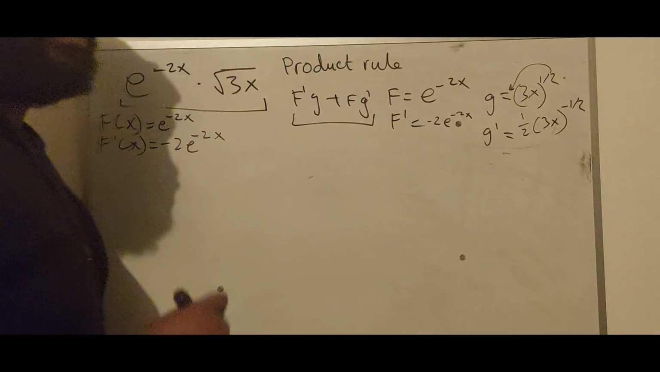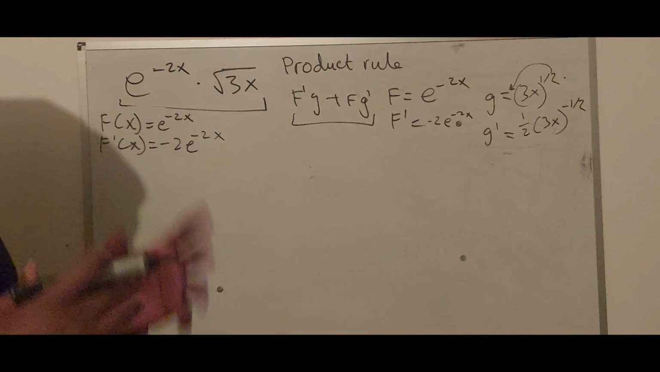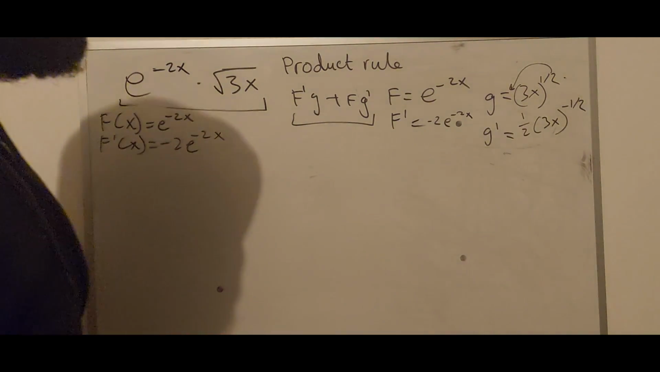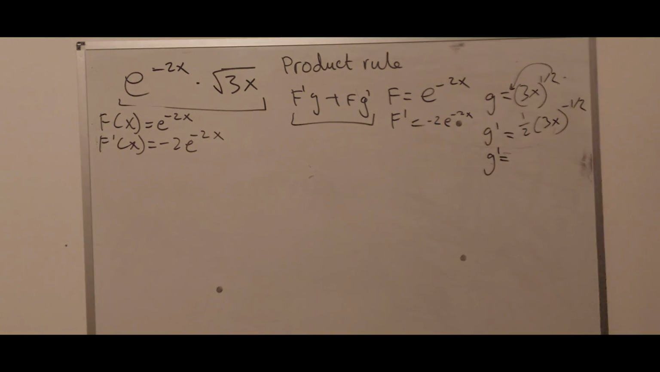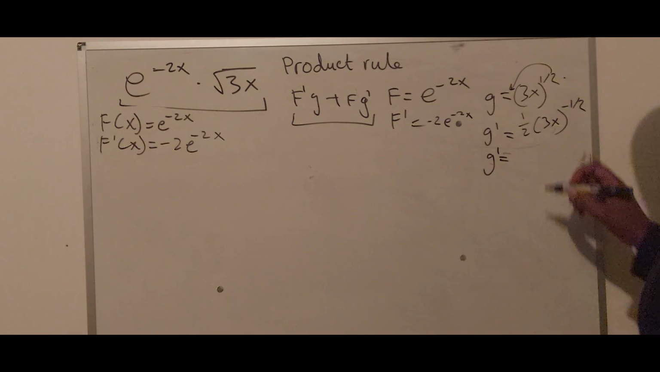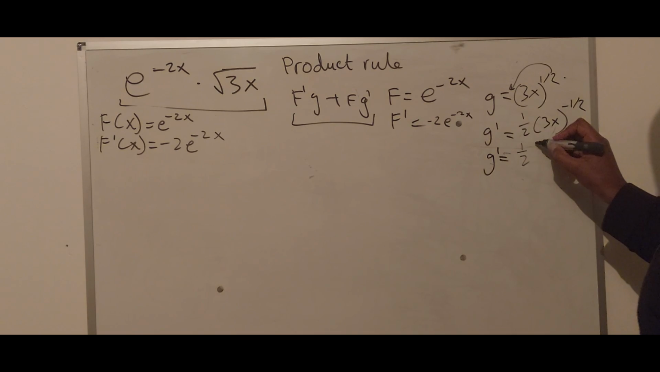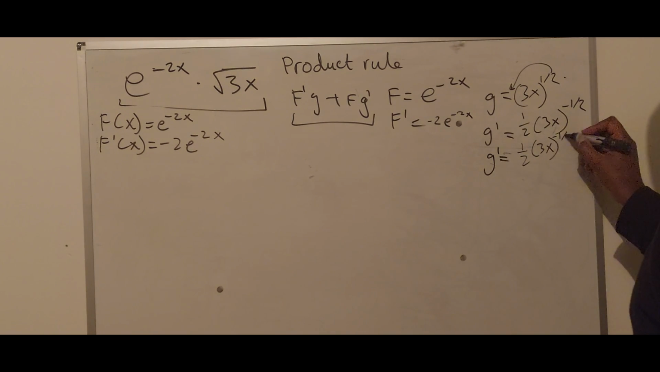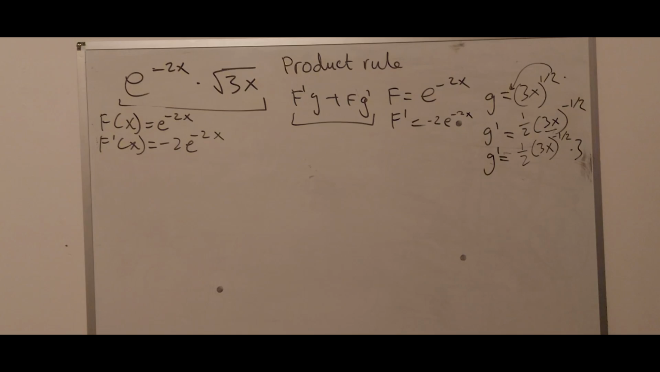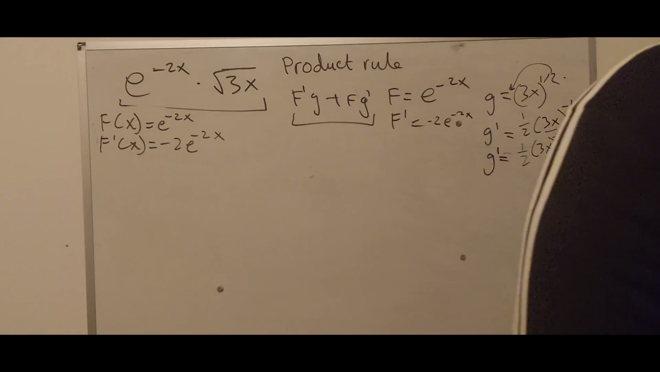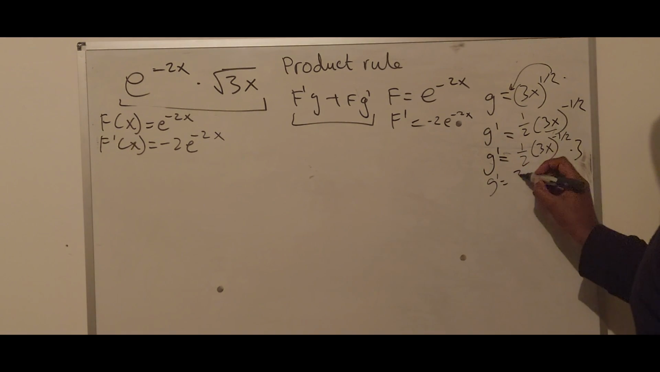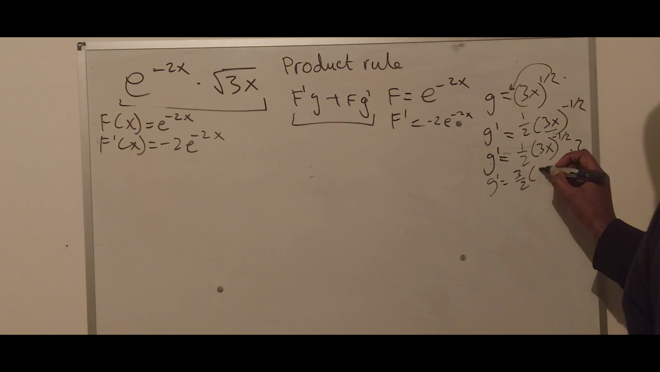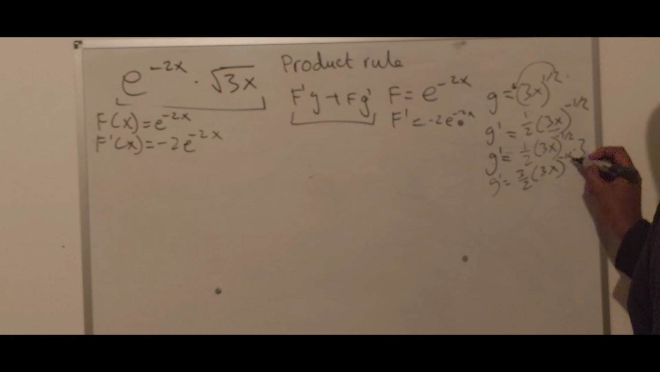Now, you just need to plug this into this formula because you already have all the values. You're almost done. Now, there's actually a lot more that goes into it. With the g prime right here, you don't want to leave it like this. It looks kind of messy, right? Actually, there's more to be done here. It's a half times 3x to the power of minus a half multiplied by 3, because you have to differentiate what's inside the brackets. So g prime equals 3 over 2 times 3x to the power of minus a half,